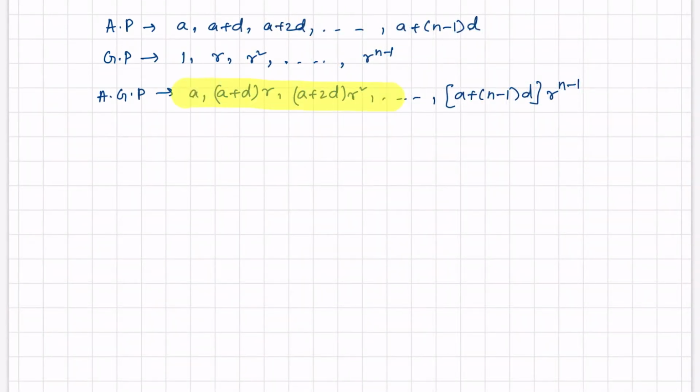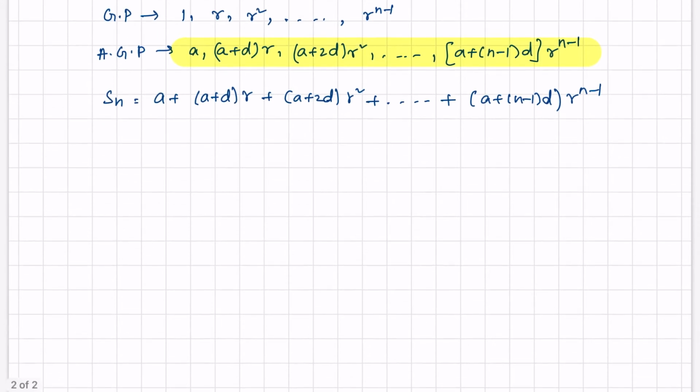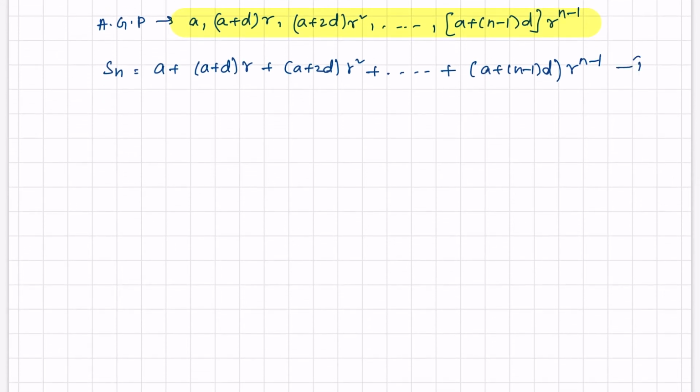Now let us find the sum of terms in this series AGP. That is Sn equals a plus a plus d into r plus a plus 2d into r square plus and so on plus a plus n minus 1 into d into r power n minus 1. To find this sum, let this be equation 1, and multiply equation 1 with the common ratio r, that is r into